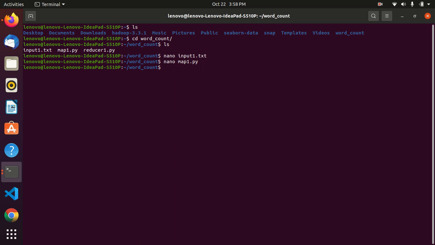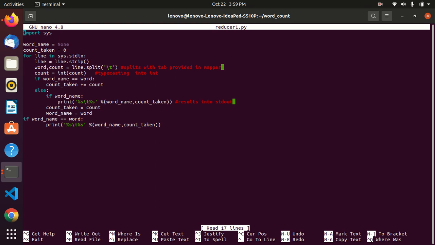Next we will go to the reducer file. Word as None and the count as 0, and next for each line in the system's standard input, which we will get from the mapper, whatever output is generated by the mapper, we will take as input for the reducer.